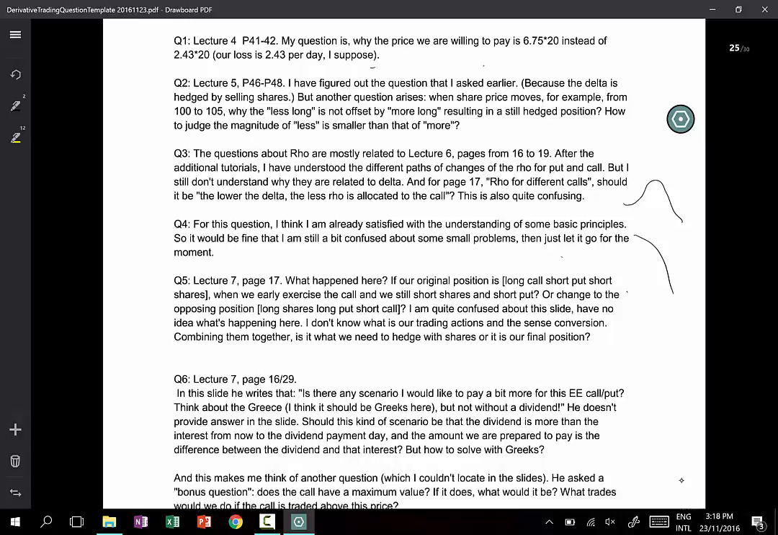Lecture 7, page 17. What happened here if our original position is long call, short put? Long call, short put, short shares. When we early exercise the call, we still short shares and short put. No. That's not what we're doing. The whole discussion regarding early exercise of American options here